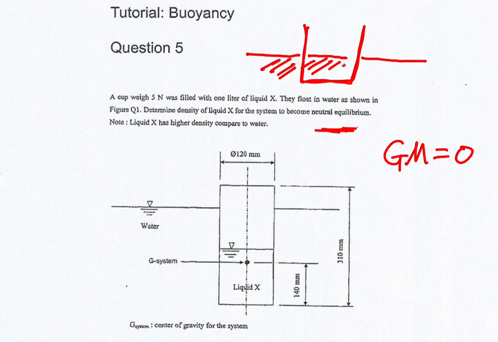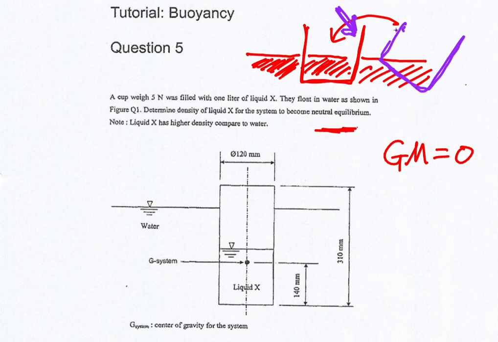So you fill a liquid inside a cylinder and then you float it in water like this one. Because it has the same liquid outside and inside the cylinder, when you give an external force to this cylinder, it will change its position like this, but